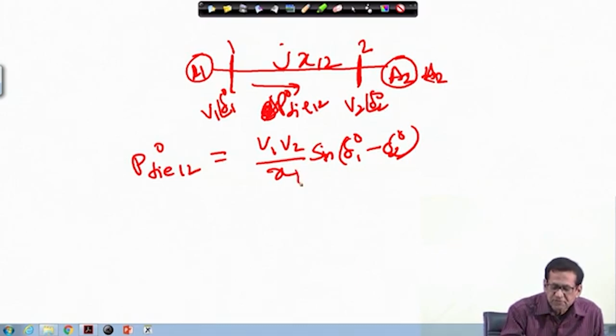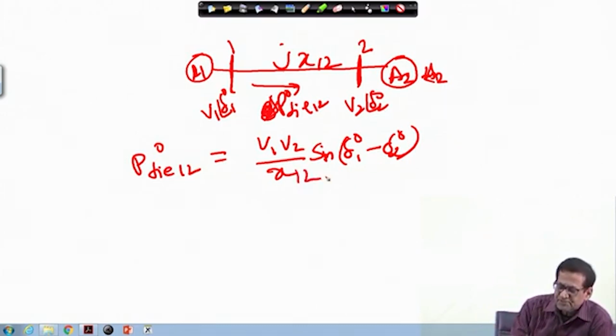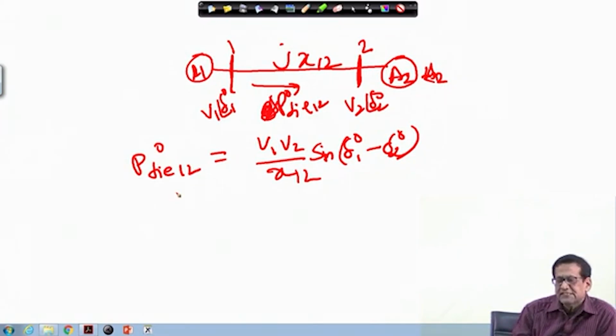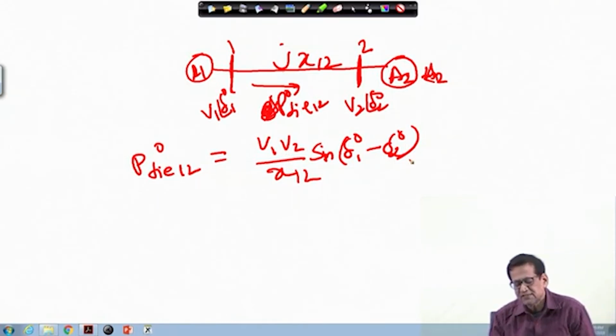So, this we know. Therefore, suppose due to some load disturbance, real power load disturbance, now this P tie 1 2 0 will change, right, because the voltage magnitude will remain constant, but delta 1 0 and delta 2 0 will also